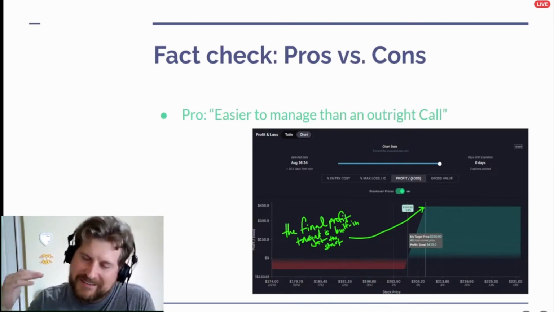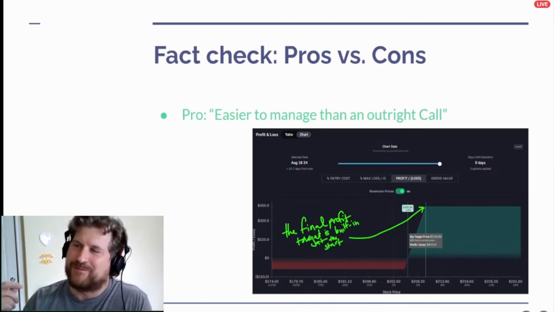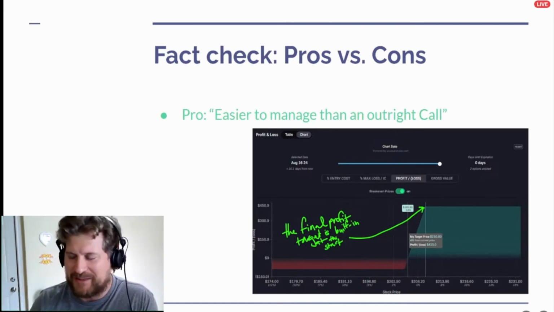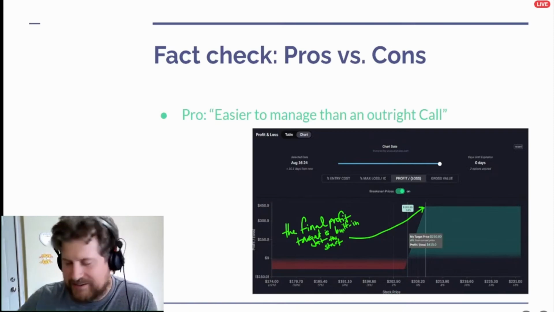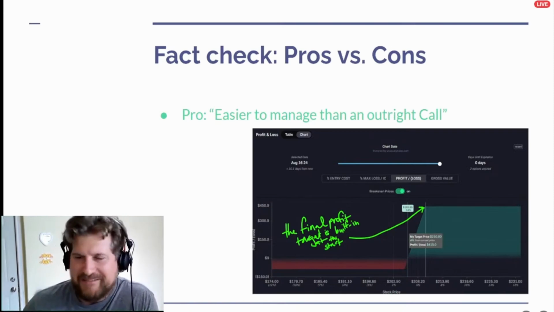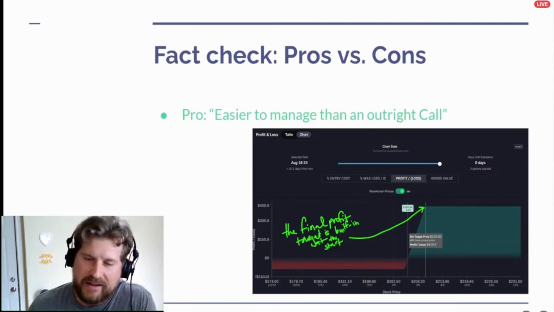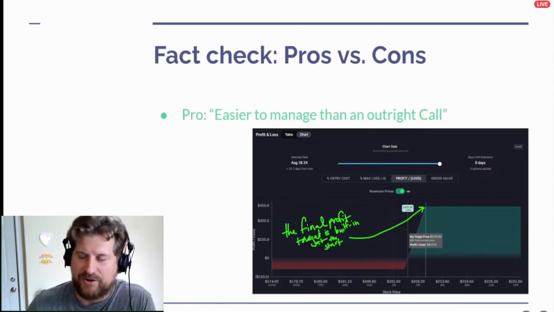You don't have to evaluate whether or not you think this trend is going to continue. You're done. You paid and you were right, and price moved a certain amount, and any additional moves are fine. That's great. You're already at max profit, and so theoretically you can do a really good job of planning your outcomes